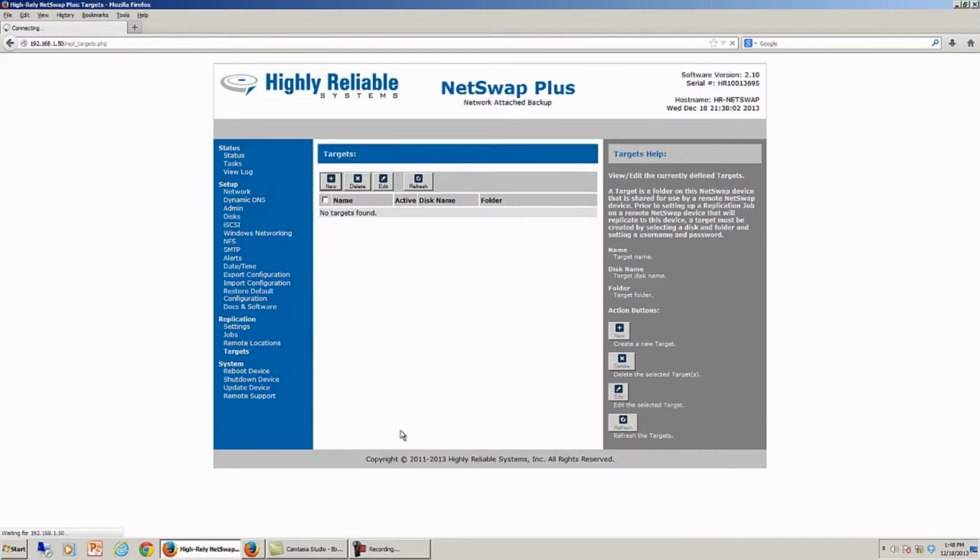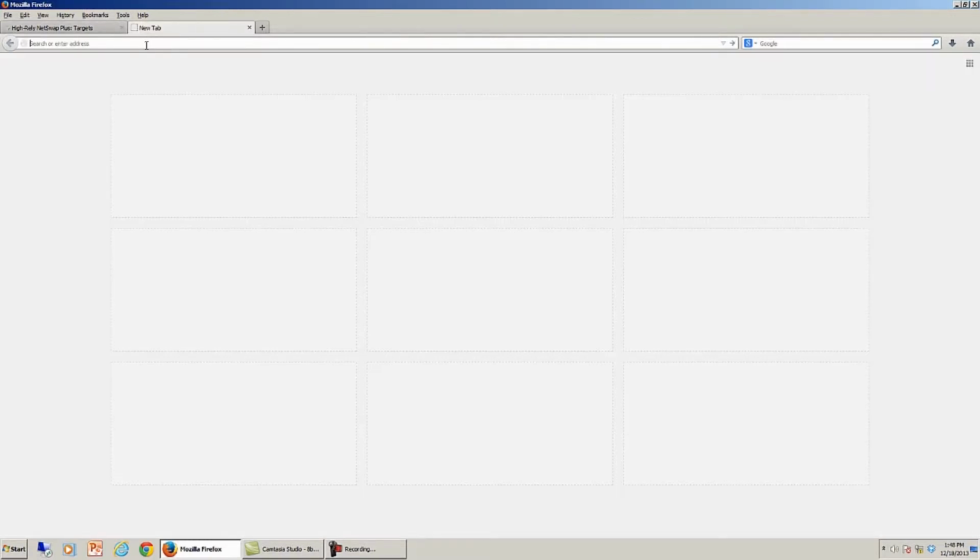I'm just going to save that target. So what I've created is a target called the hospital. I'm going to put it on the mirror disk set 1, so we have redundancy as we've discussed earlier. And now what I'm going to do is open up a separate tab, and I'm going to go over to